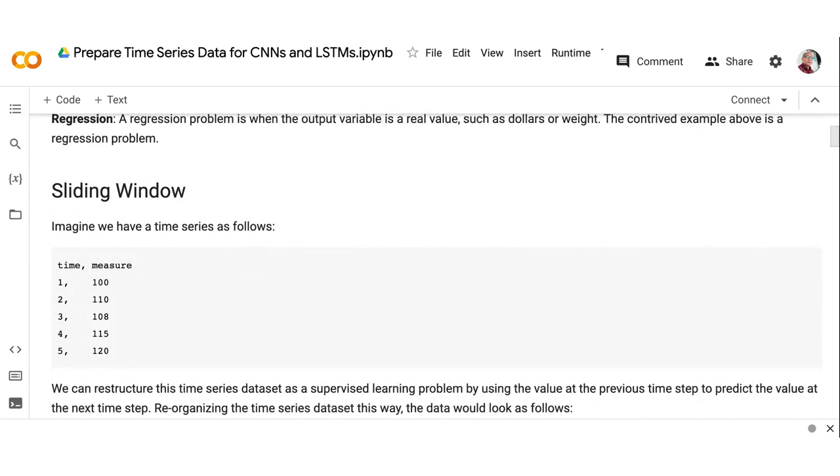Sliding window, it's a common technique. Actually, we use it in signal processing. We use it in machine learning for analyzing time series data. So sliding window is a method